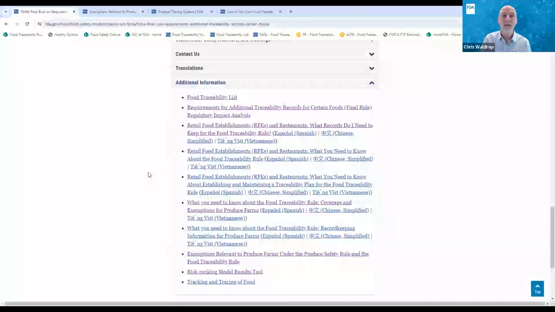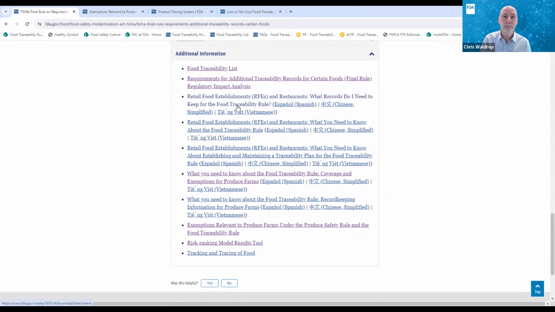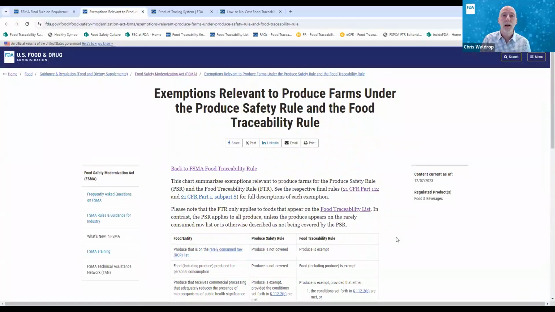And then finally, we do have some additional information here at the bottom. A few things in here are a few fact sheets we have for retail food establishments and restaurants, a couple fact sheets for produce farms, a couple links to the risk ranking model, for example, and then another link that is fairly new that we put out. And this was